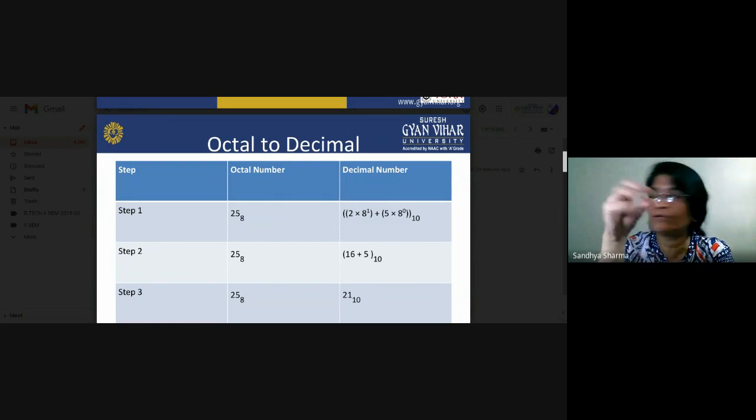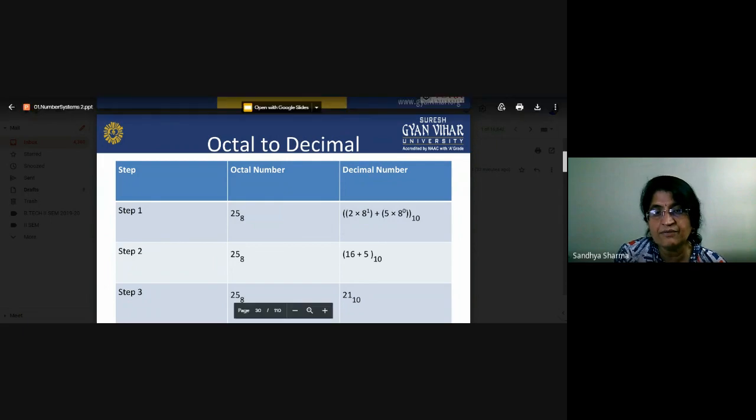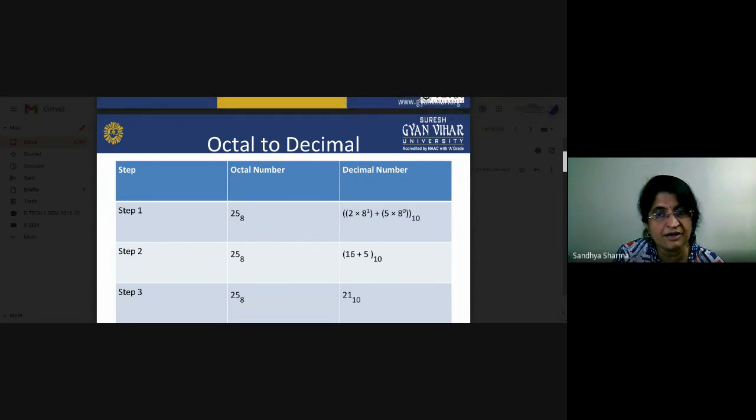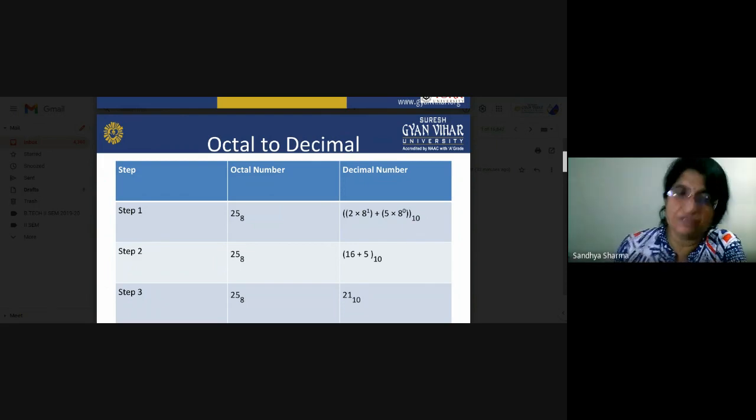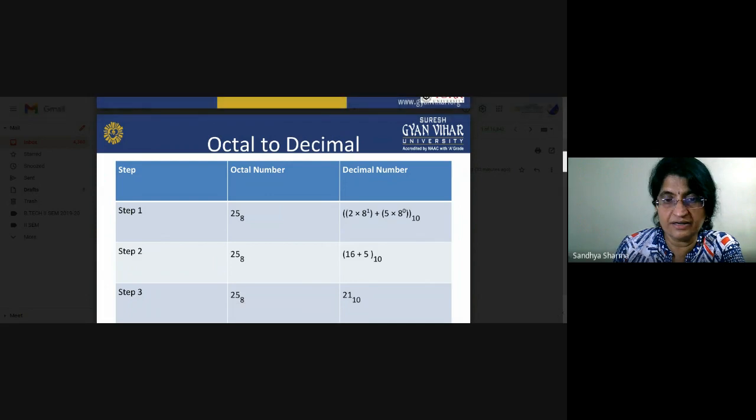If you want to convert your octal number into decimal number, you have to multiply with your base number. So what is the base number? 8. So first of all, the unit bit is multiplied by 8 to the power 0, and after that the next bit will be multiplied with 8 to the power 1, 2, 3, 4, whatever the last position of your number. According to the last position, just see here there are only two digits. The first digit is the unit, so you multiply by 8 to the power 0, and the second digit 2 is multiplied by 8 to the power 1. Then basically add these two and it will be converted into decimal.